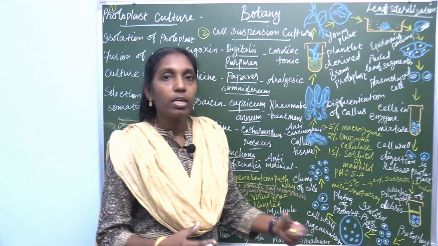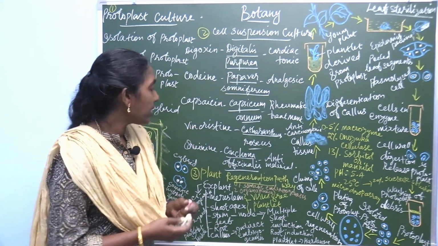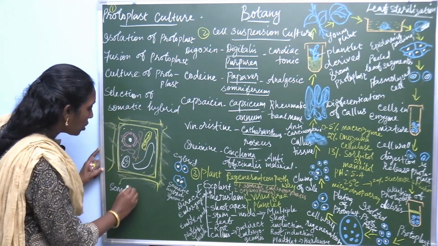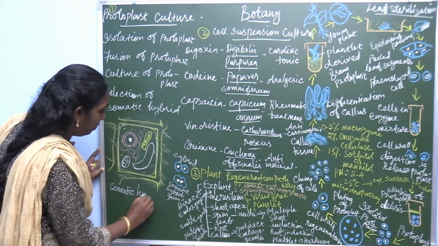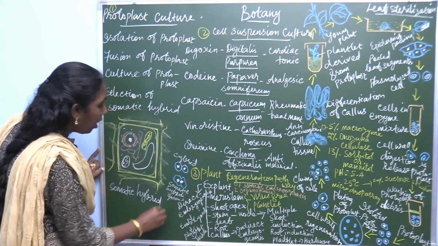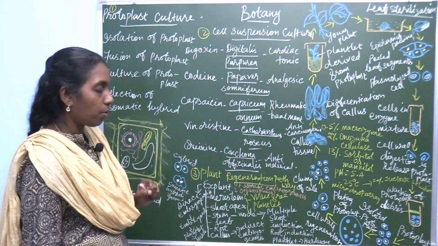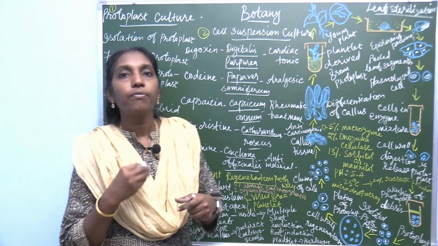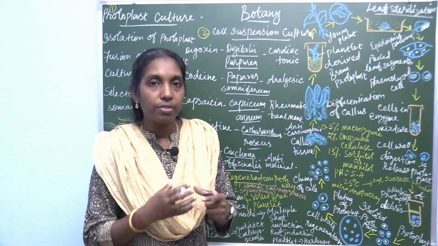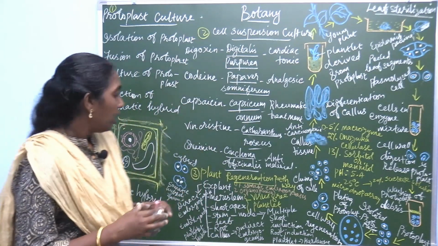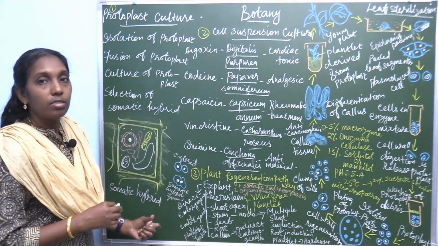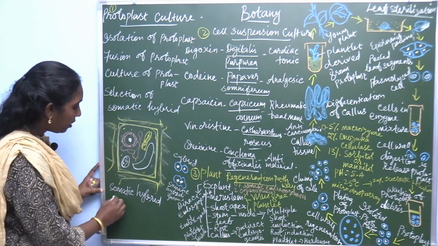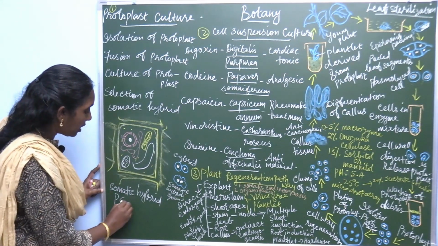So fusion produces a somatic hybrid. Here the hybrid produced is named a somatic hybrid. How to obtain this somatic hybrid? The next process is fusion. To fuse the protoplasts, they are treated with a fusogenic agent. Normally the fusogenic agent is PEG,